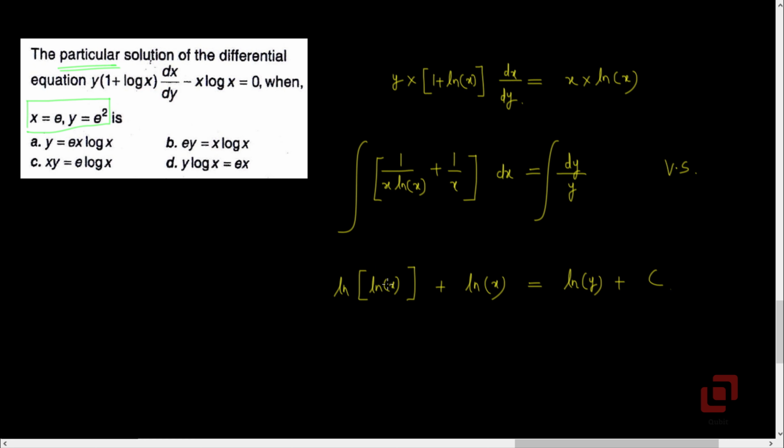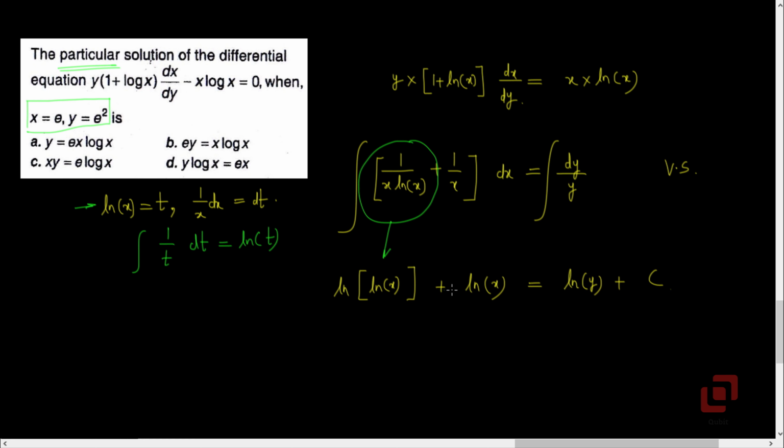For those who are familiar with integration by substitution. Those who are not, observe that the derivative of log of x is present here as 1 upon x. So if we pick the substitution log of x as t, 1 upon x dx will be dt, and therefore this particular integrand, when integrated with respect to x, reduces to integral 1 upon t dt, which is log of t. But what is t? t is log of x, and hence this integral is log of log of x.